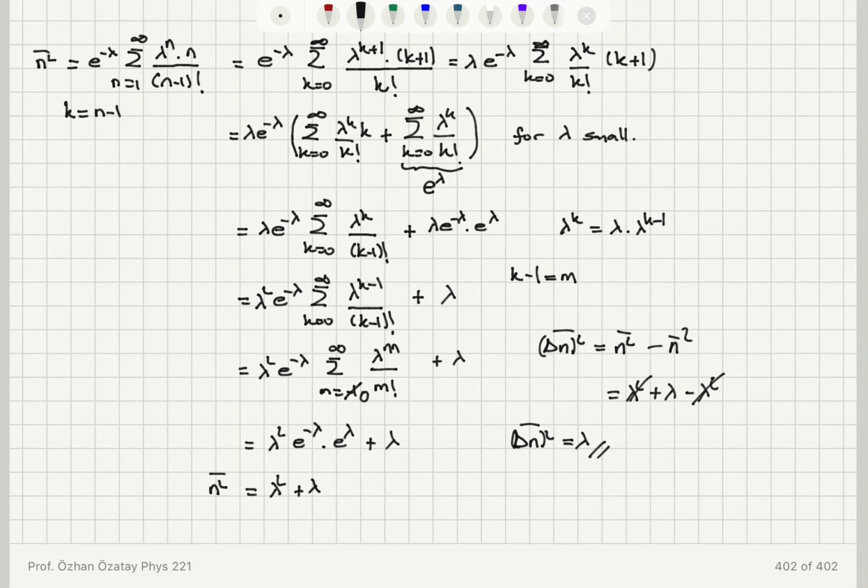So if I rewrite this, I get lambda to k over k factorial times k plus sum k equals 0 to infinity lambda to the k over k factorial, which I recognize as, again, the expansion of e to the lambda. So these two terms are now lambda e to the minus lambda sum over lambda to the power k minus 1